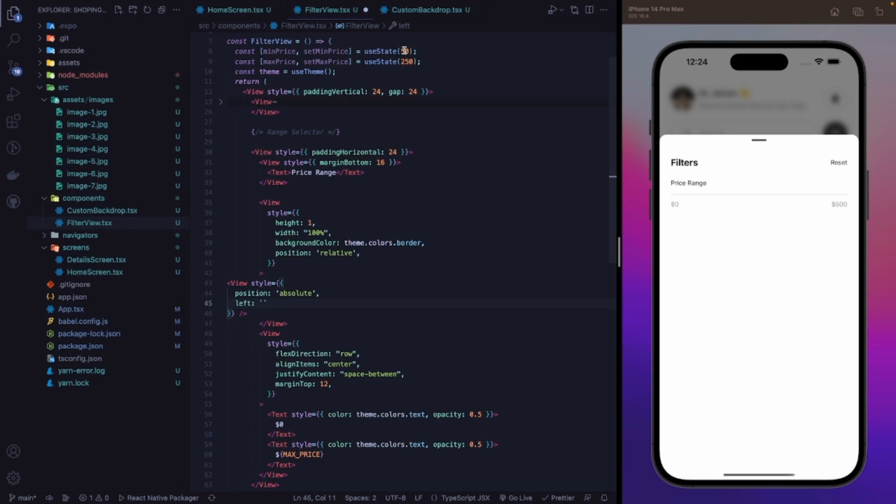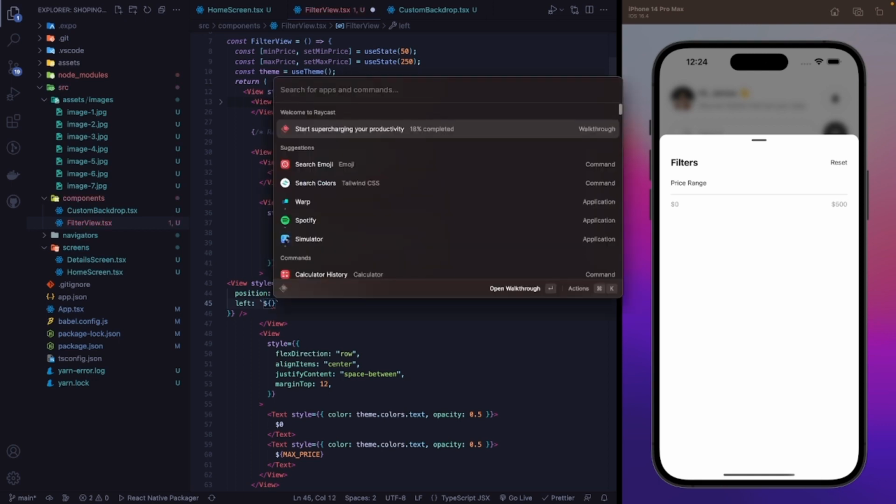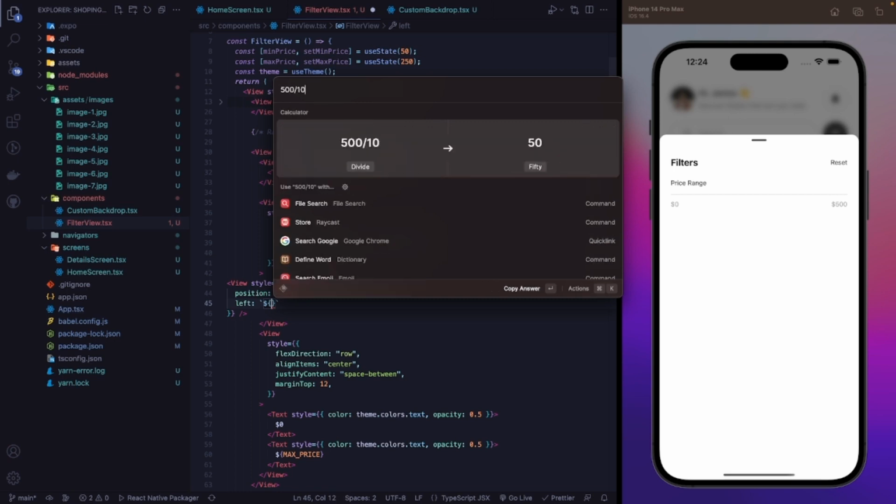So how much will the $50 price be? So yeah, let's just do that math. So 100% is 500. So 1 will be 500 by 100, and then both will be multiplied with 50, and you will get the